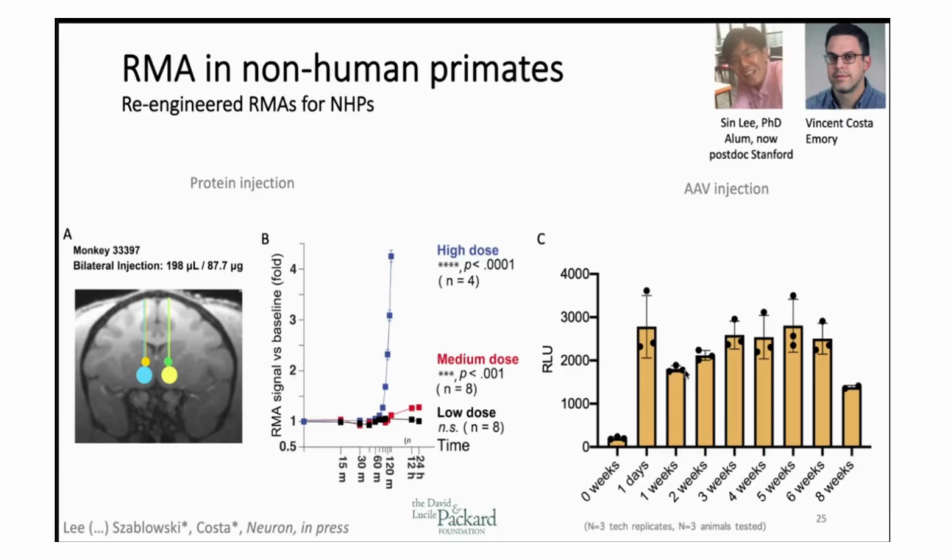Because if the delivery has failed, then their therapy might fail in the clinical trial, not because it doesn't work, but because they cannot tell that the surgery has not been effective in delivering the genes. We also made an interesting small discovery about AAV biology, which is that when you inject AAVs into the brain,